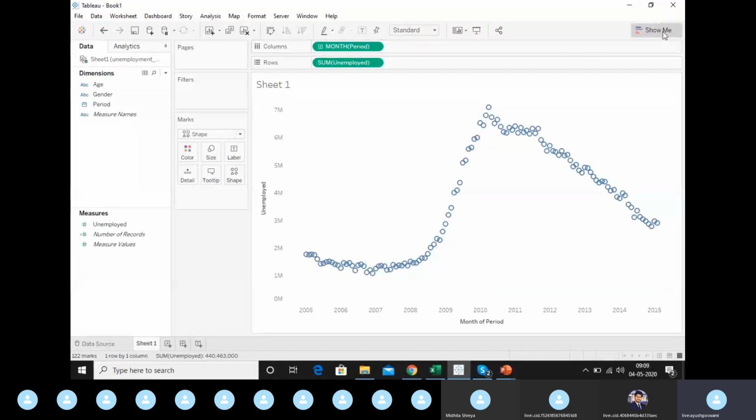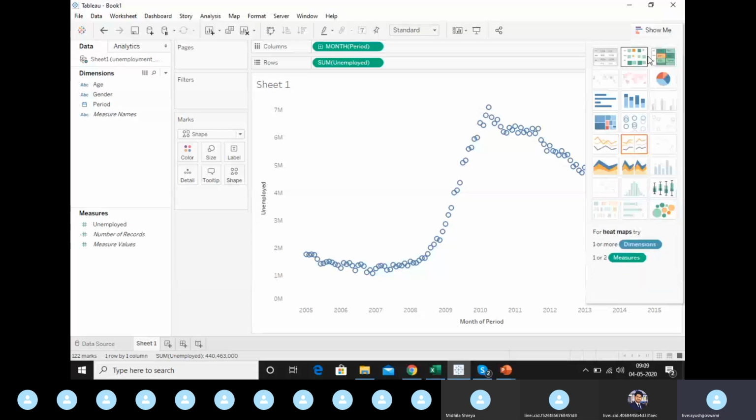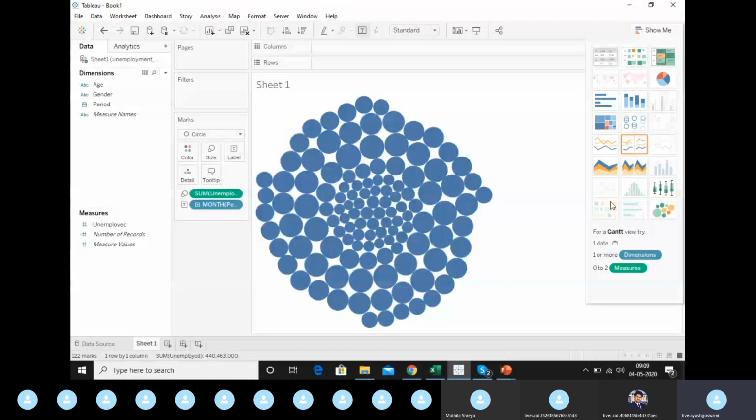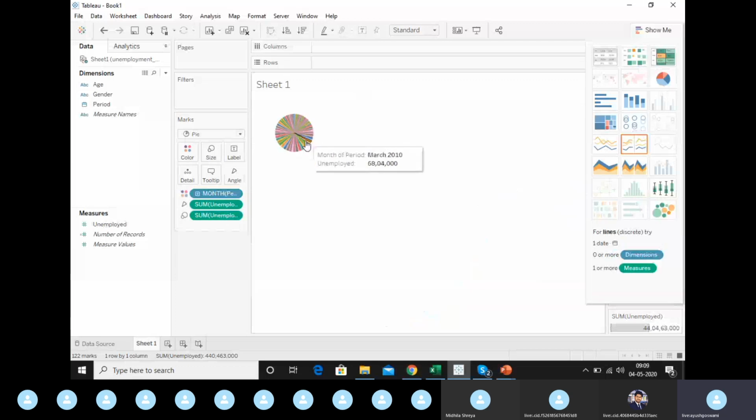Let's suppose we go with this bubble chart. If you look artistically, this is really fantastic, really amazing, the kind of art that has been made here. But I don't think you can analyze anything out of it. It's very tough until you are hovering over each bubble to see information. So we cannot go with this. Or let's suppose you go with a pie chart. Again, there are so many details involved, so this is also not easily understood.